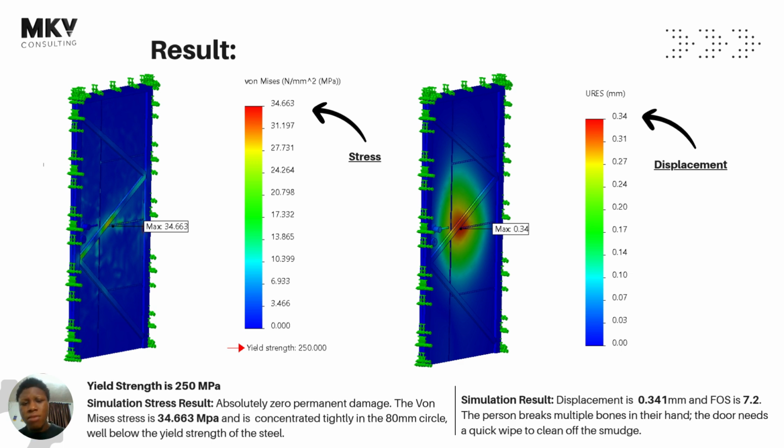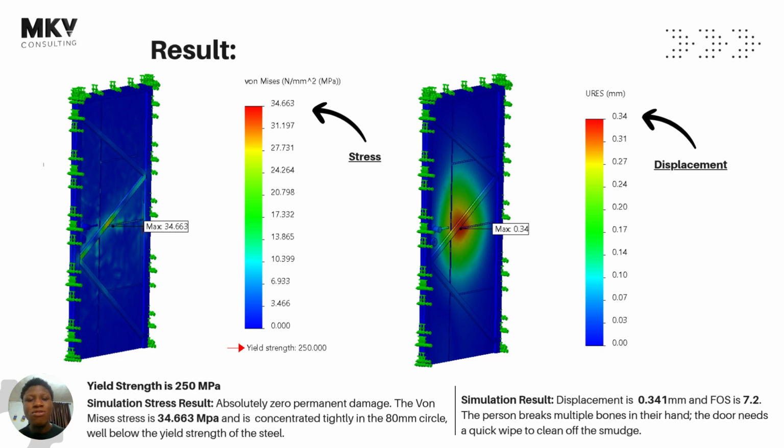Before it starts deforming plastically, you notice that we got 35 megapascals, right? Now this is basically concentrated inside the circle. You see it's a yellow dot there, but it doesn't really do any damage to the door, right? And then when we look at the displacement, obviously there's going to be some sort of displacement,